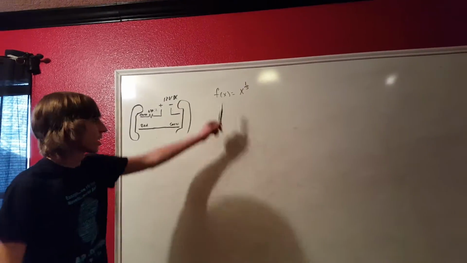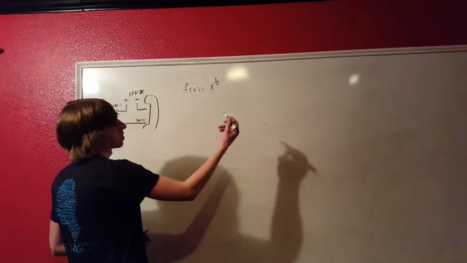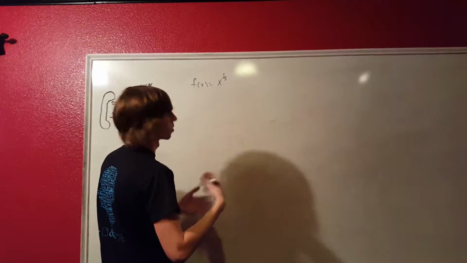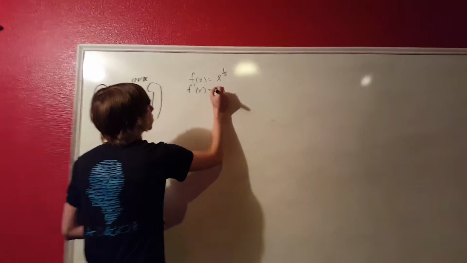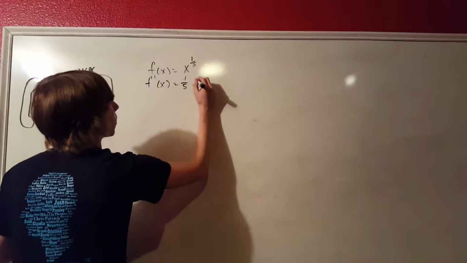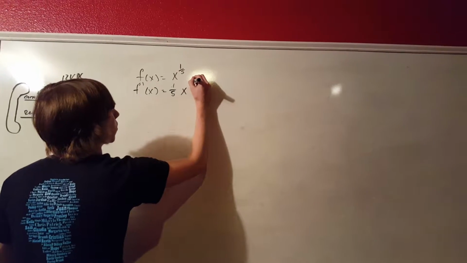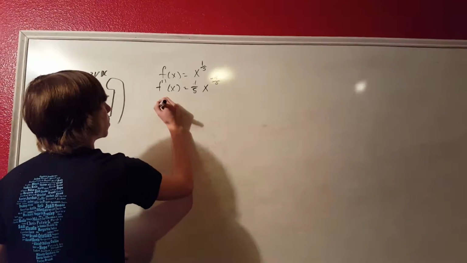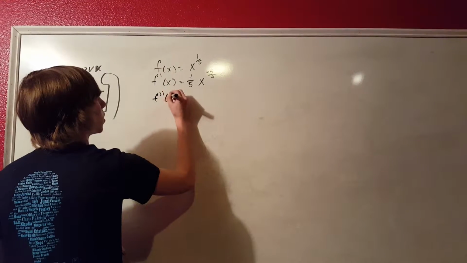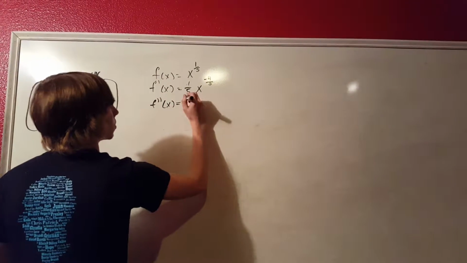Okay, so we're going to be doing x to the 1/5. So first thing you want to do, you want to get a basis to try to find a pattern. You want to find the derivative. So f prime of x is going to equal 1/5 x to the negative 4/5, right? And then f double prime of x is going to come out to